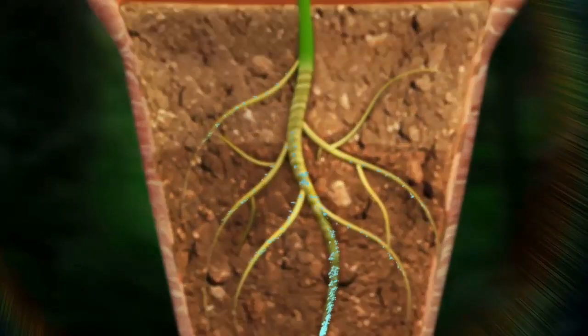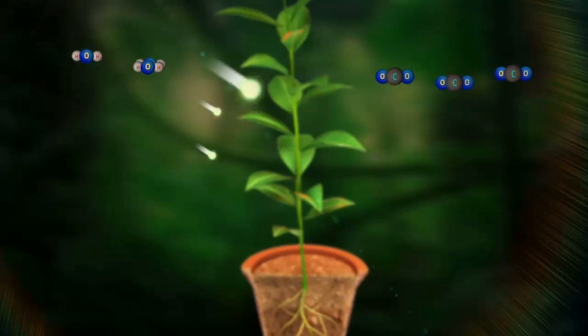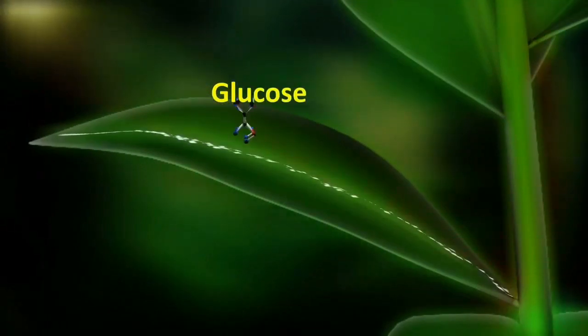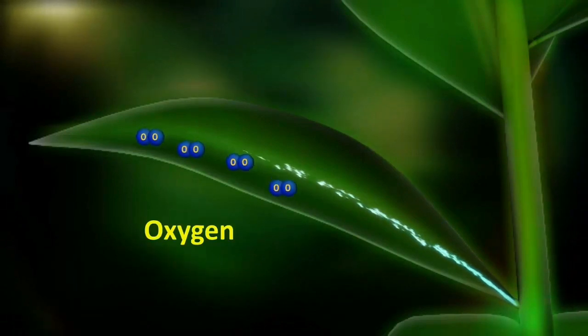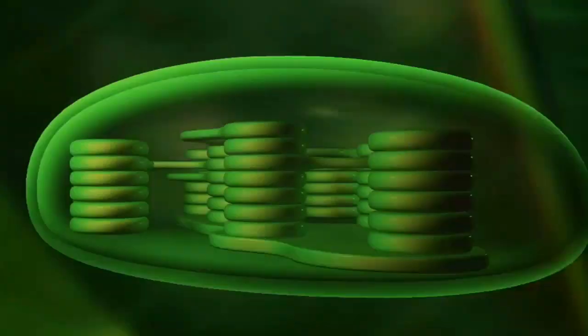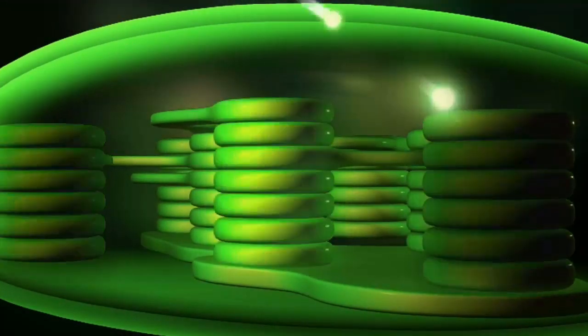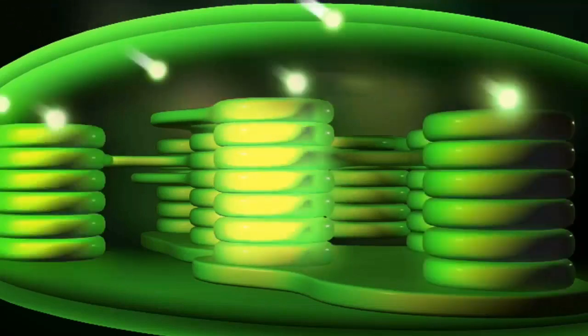During the photosynthesis process, plants absorb water from the surrounding soil with the help of root hairs present on their roots. Water absorbed by the roots is then transported to the leaves through the stem. Carbon dioxide from air is taken in through the tiny pores present on the surface of leaves. These pores are surrounded by guard cells. Such pores are called stomata.